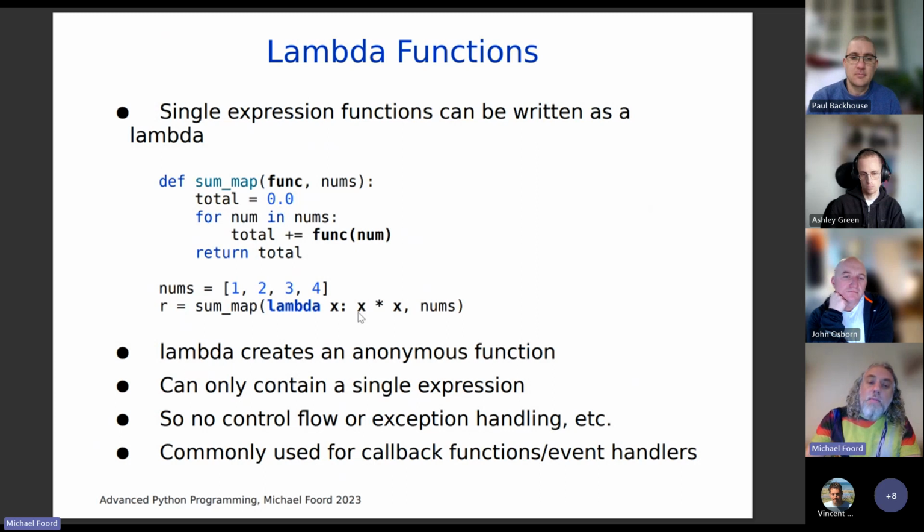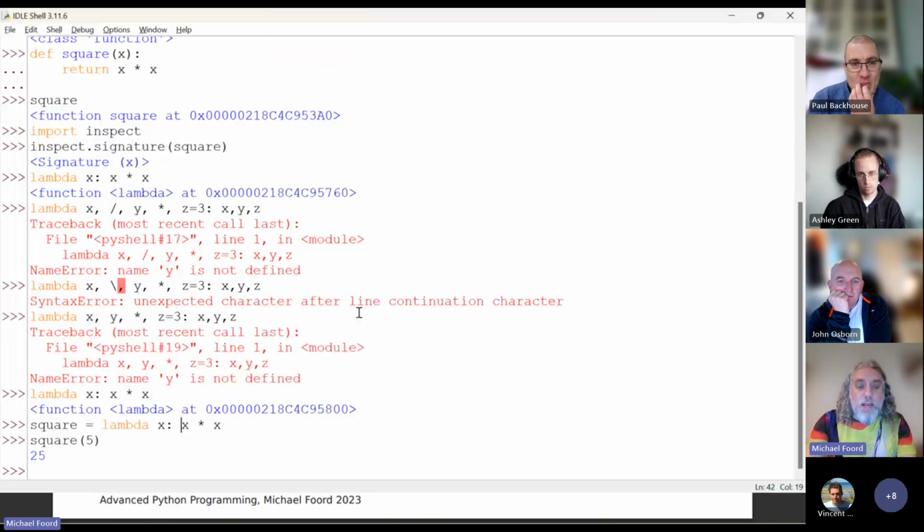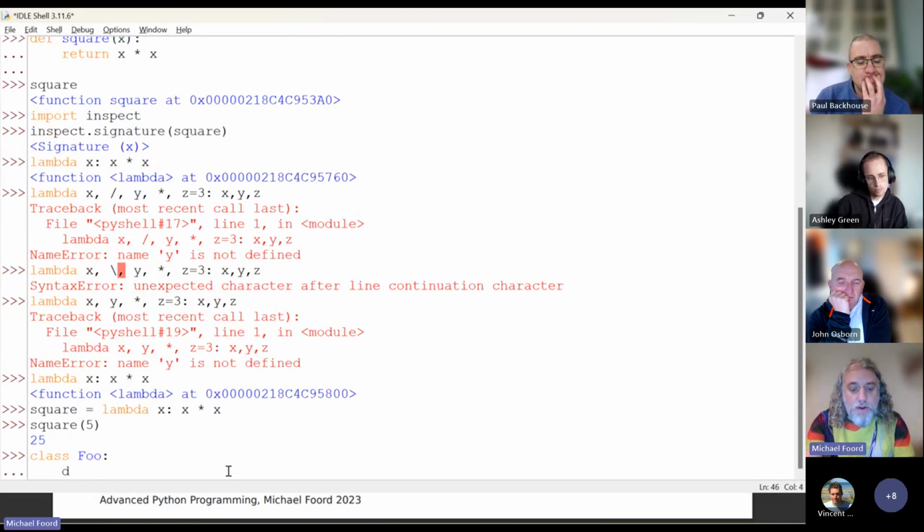So this is functions that take functions as input. It's the less interesting half of higher order functions. Here's an example of using lambdas for partial application. Another aspect of functional programming, and something we see in Python, if we write a class, give it a method,